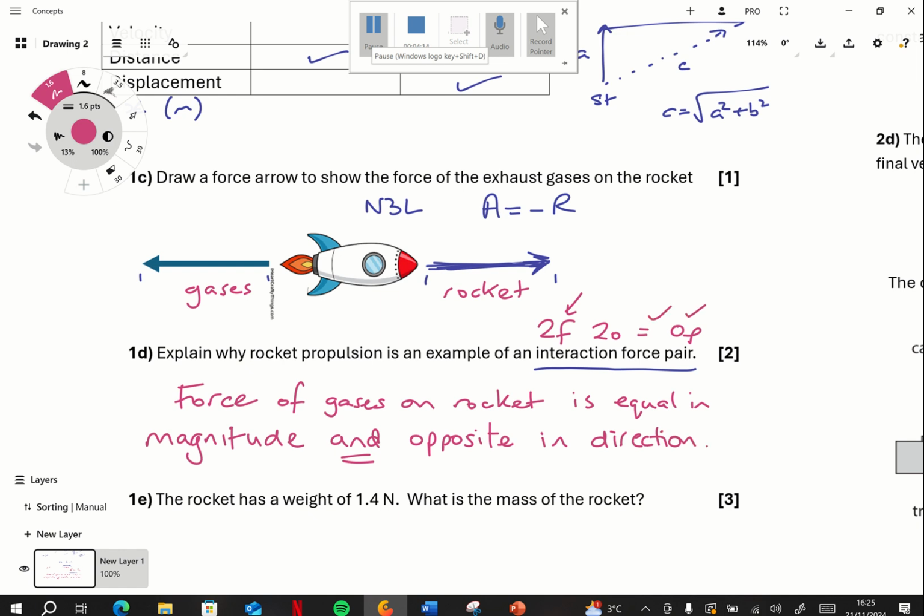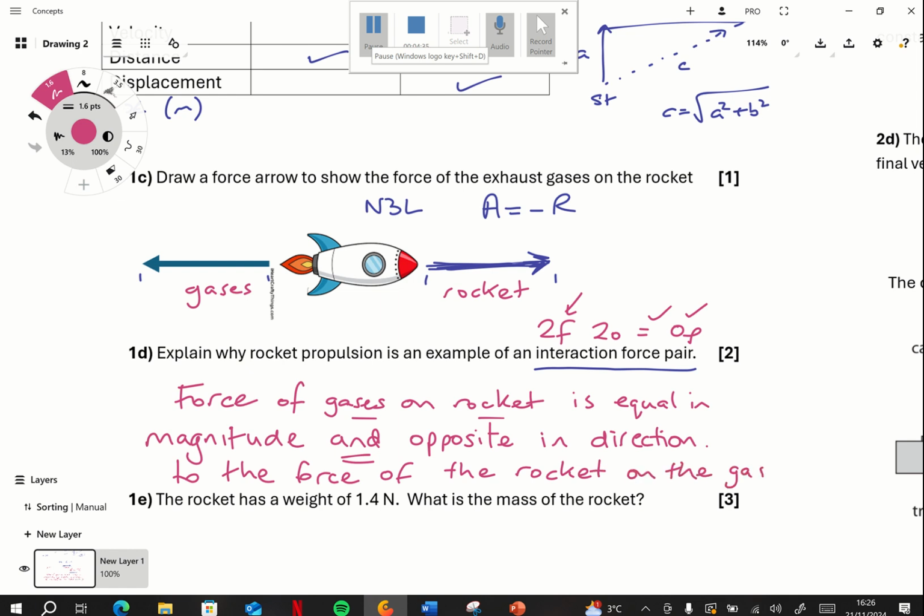So we've got that bit and that bit in there is equal in magnitude and opposite direction to the force, and then we just swap those two round to the force of the rocket